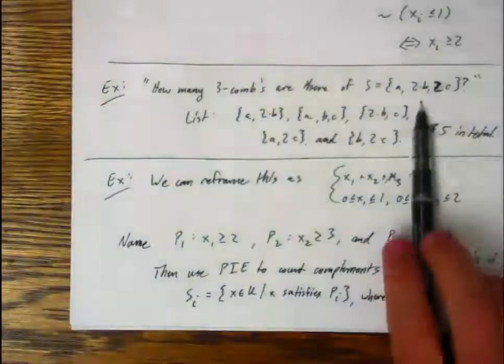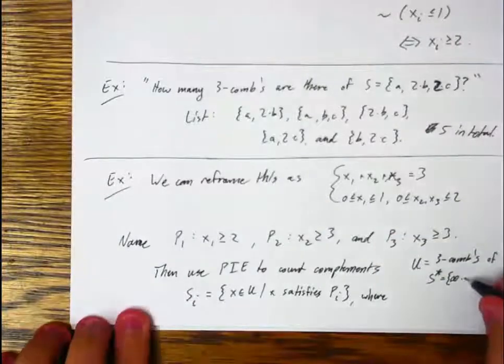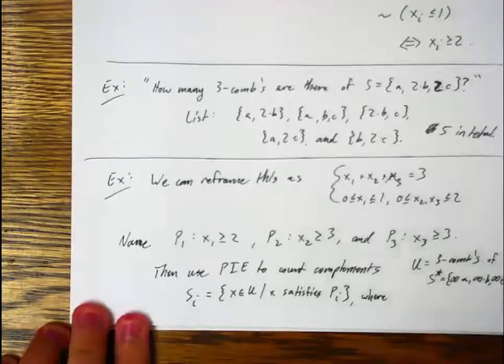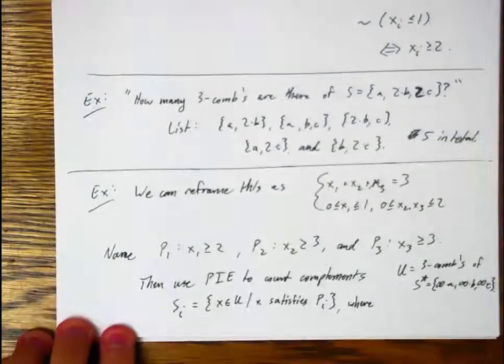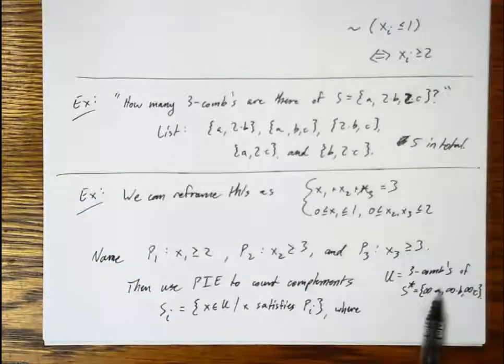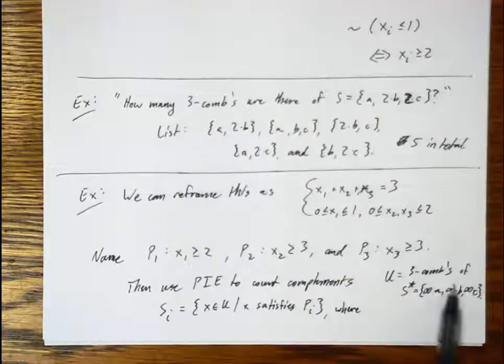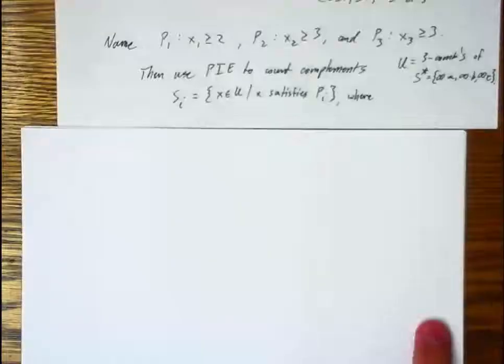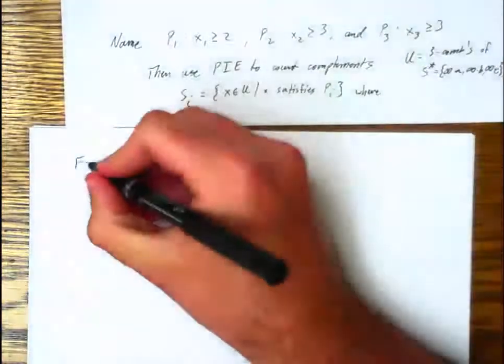So we're not going to use this subset upstairs. Instead, we're going to use the unlimited supply subset, infinite B's and infinite C's. Let me make sure it's on the screen. There we go. So we're going to count from these, the ones that have no limitation on them whatsoever. We're going to count the ones that actually break our restrictions, and then we'll subtract those off of the count and get what we need, the ones that satisfy the opposites of these properties, the ones that don't satisfy any of those 3 properties. So let's go ahead and first count